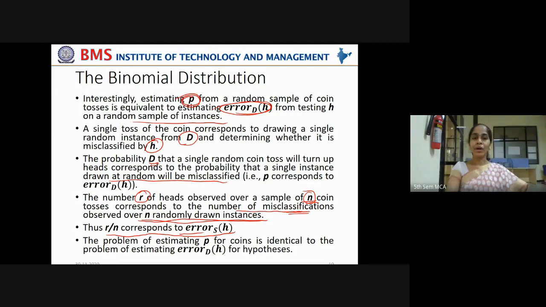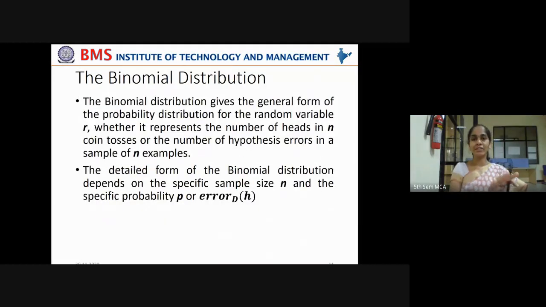Got it now? You are trying to estimate the probability P for the coins, and that is similar to our problem of estimating the true error for our hypothesis. That means how good it is at predicting new instances. That is what we are interested in. Nothing complex here. It is just being compared with a simpler example so that you can understand. That is why they have taken the coin toss experiment example and are relating it to sample error and true error. I'm repeating again.